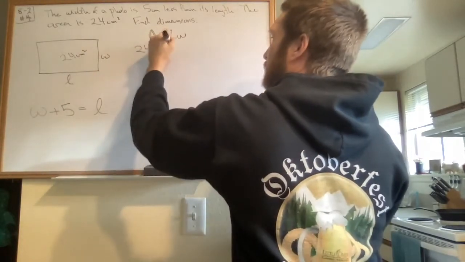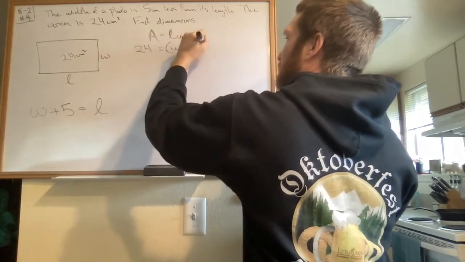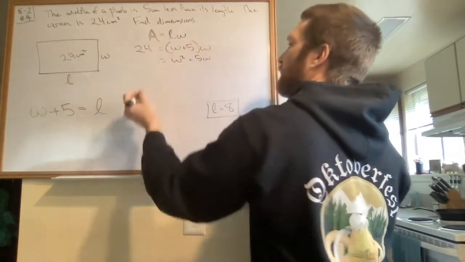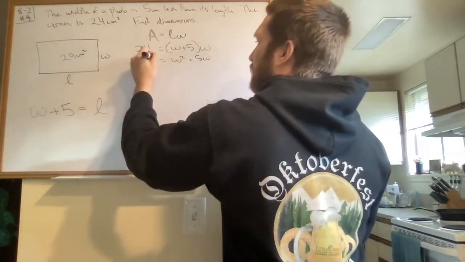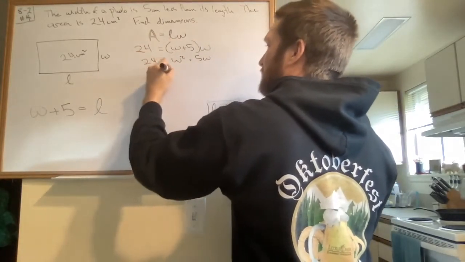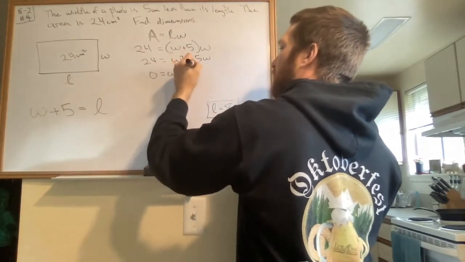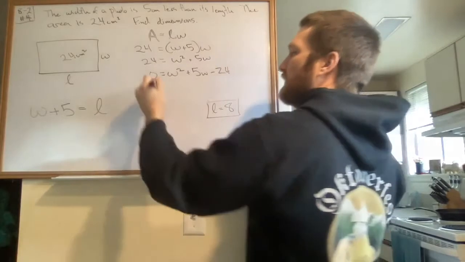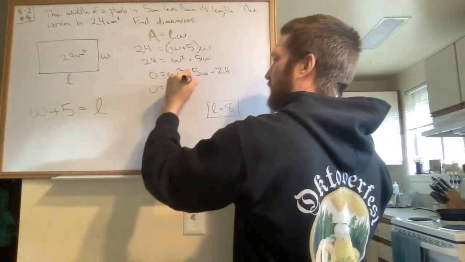L is equal to W plus 5 times W, which gives you W squared plus 5W. You have your 24 right here, which you would subtract and say W squared plus 5W minus 24. Then you would factor this guy and say, okay,